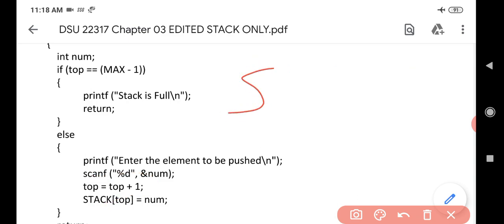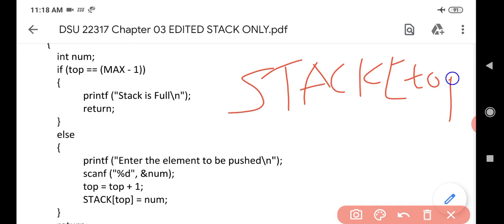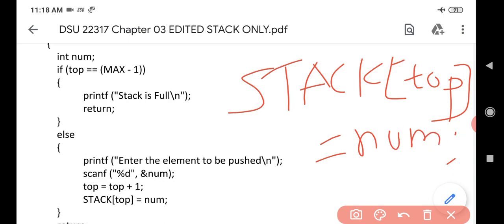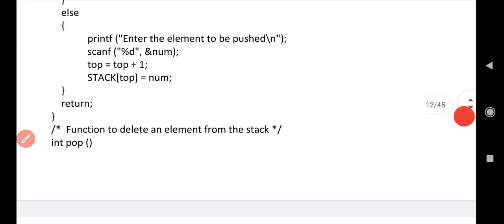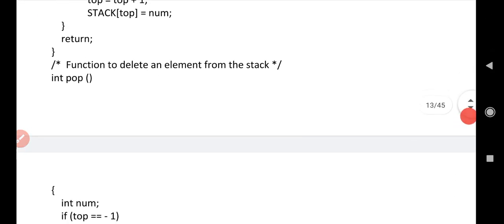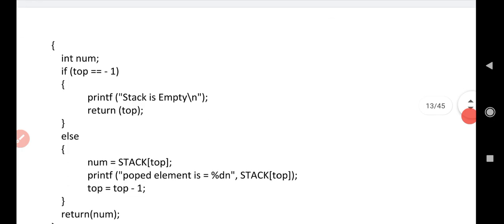The name of the array is stack, square bracket, and the index number. The index number in this case is stack of top, equals to the number you want to store. The number I want to store is num, right? Okay. So this is about the push function.